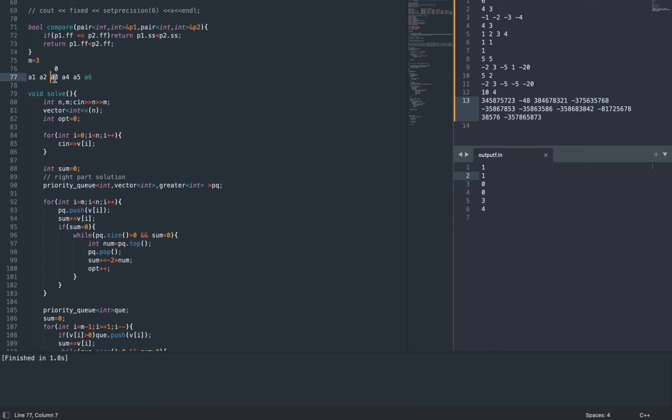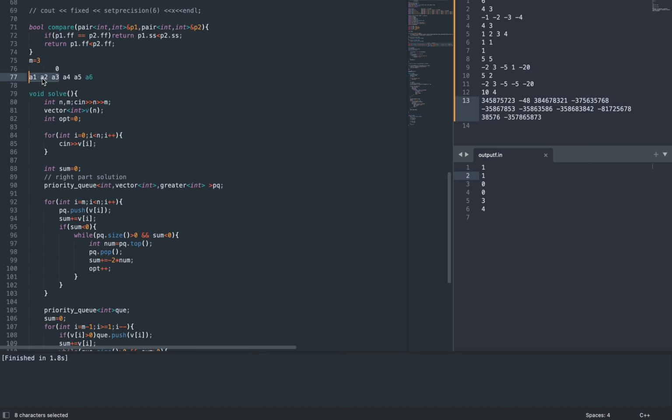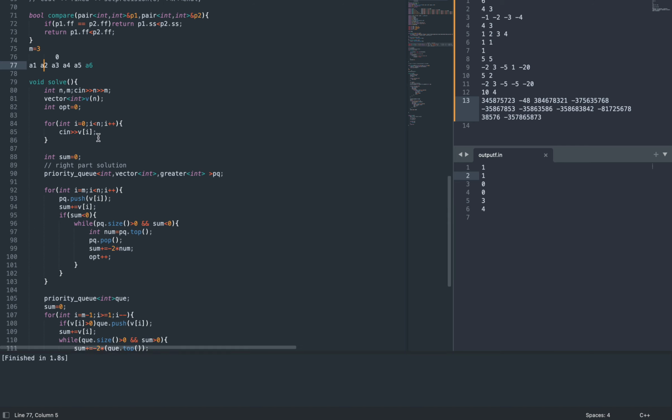If at any time the sum is less than 0, then we try to make it greater. For example, if the sum from a3 to a1 is at any time greater than 0, then we have to change it and try to make it less than 0. For example, we have here